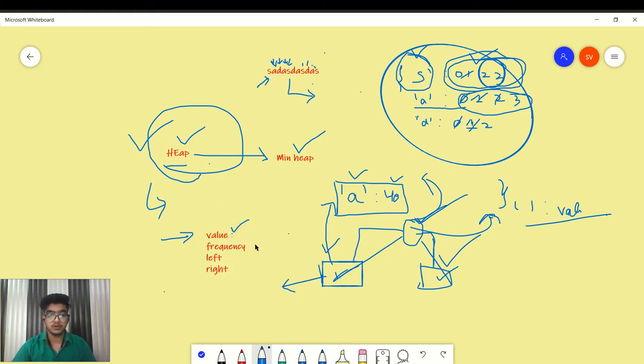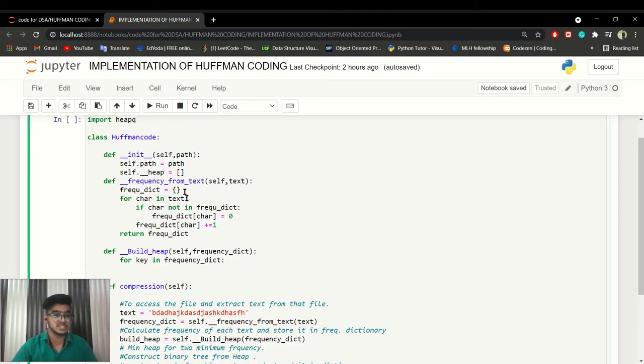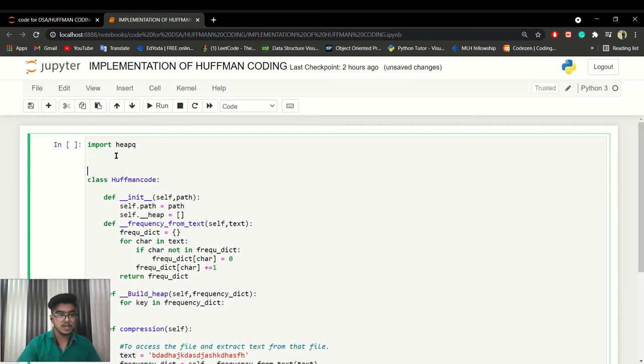Now to create a node from that frequency dictionary, we have to create a new class, which is binary tree class. So class BinaryTree, sorry.